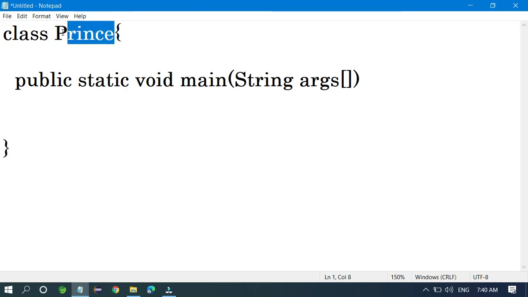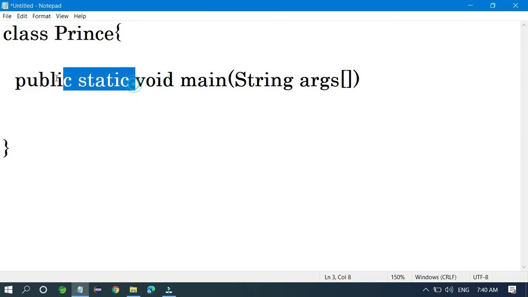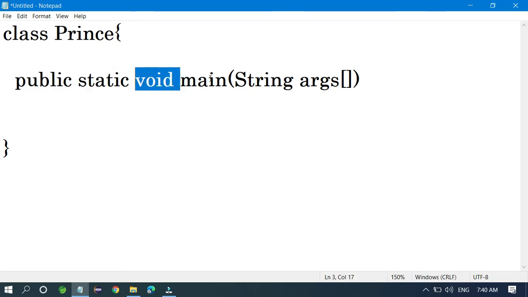Inside the class curly braces you have to write this main method: public static void main. I'm going to discuss in the next video why this only, and why not others.